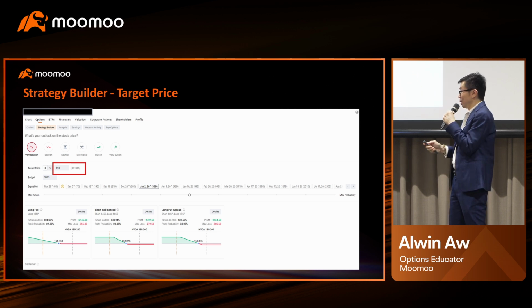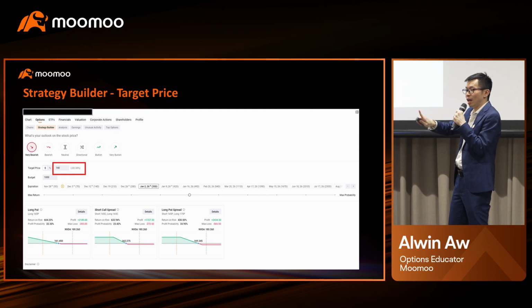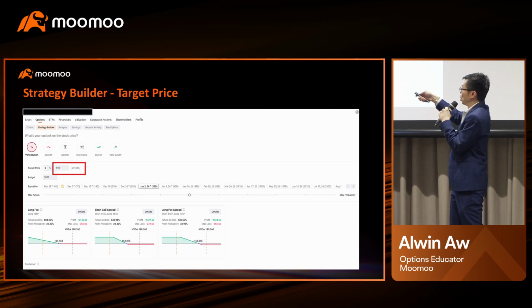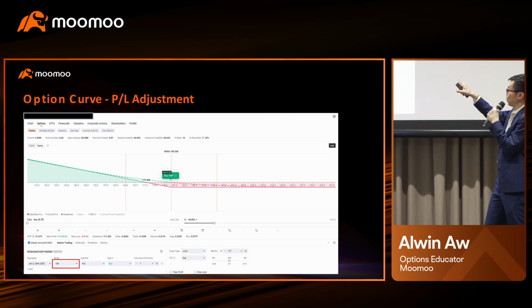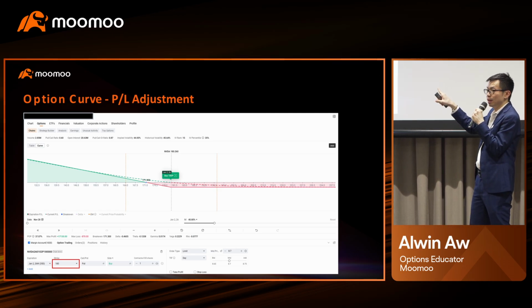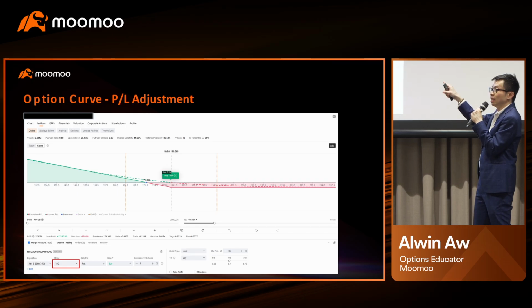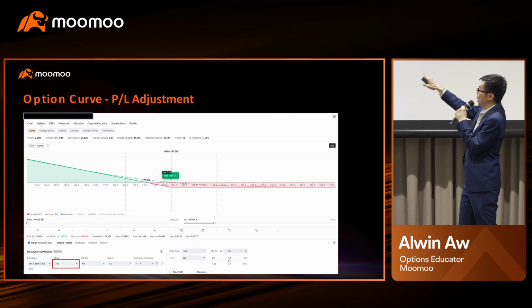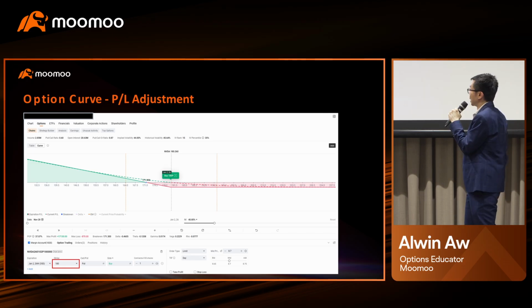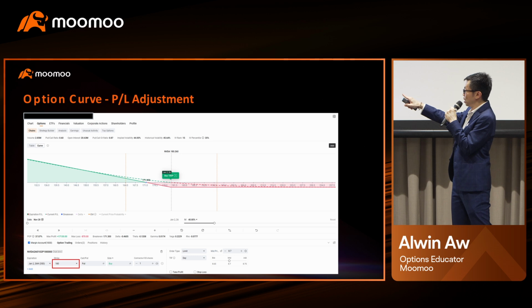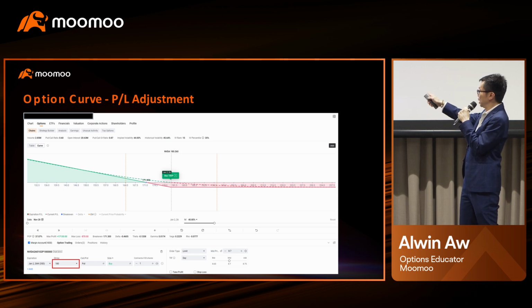All right. So this is on option buying. The strategy builder will also suggest other sell strategies. Of course, you don't have to stick 100% to this suggestion. You can also open up the option P&L curve and adjust the put you buy yourself. Whether you want to buy the put at the money, out of the money, you can drag it further up, or you want to buy the put in the money. After you do that, make sure you have the right strike price and also the premium. Then we move on to the next one.